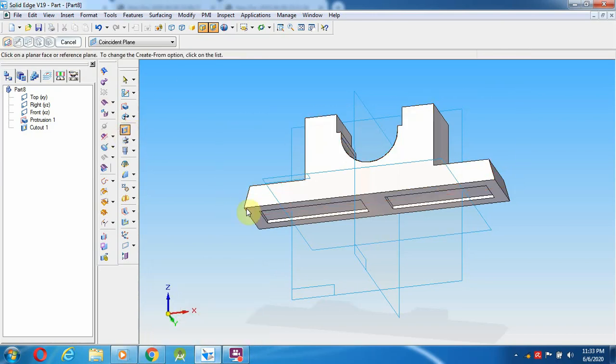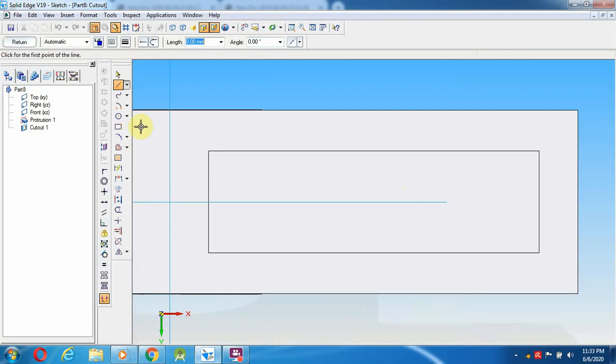So go here, select cutout. I'm going to select the inside part. Okay, this is the inside part, from middle the distance is 31. From here I'm going to construct. So what is the square 20? So 10 from the middle, and this is the other side 10. Now I'm going to give 20, again 20, 20 mm, going to join over here.